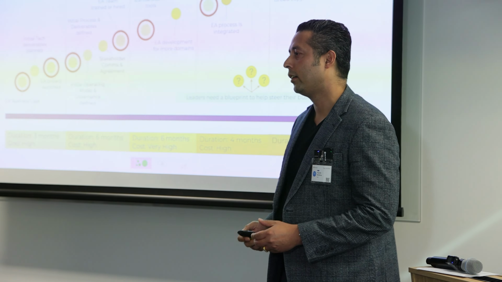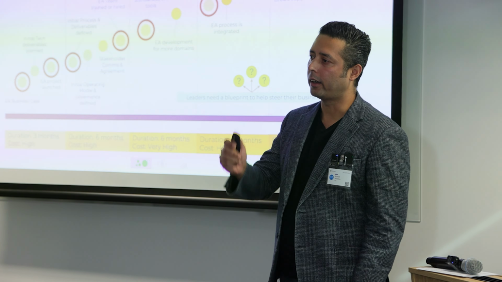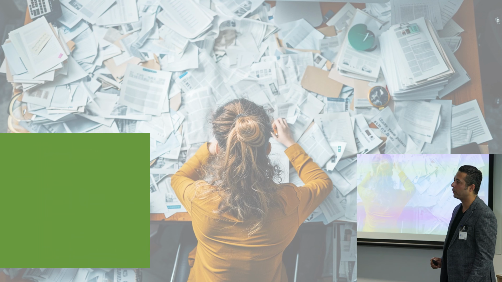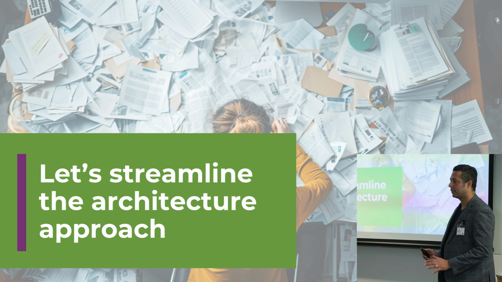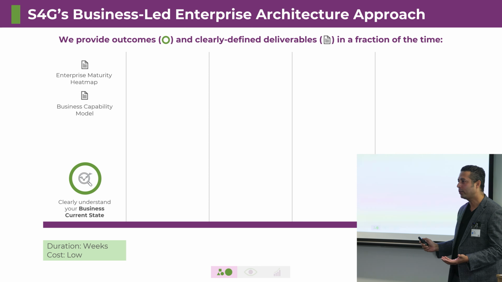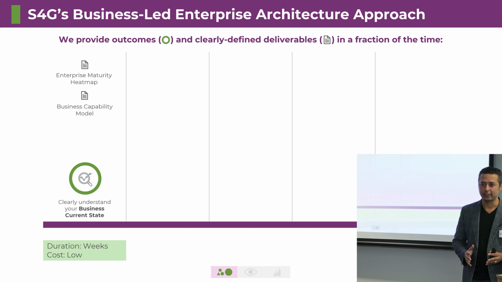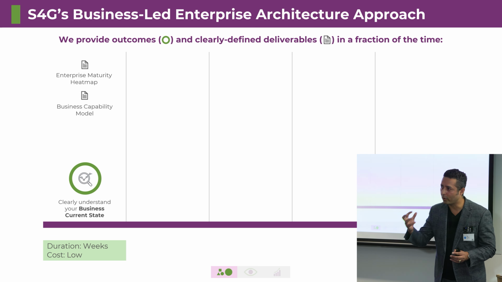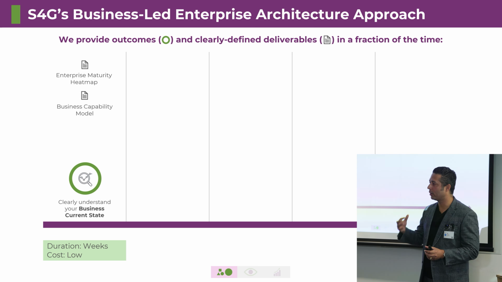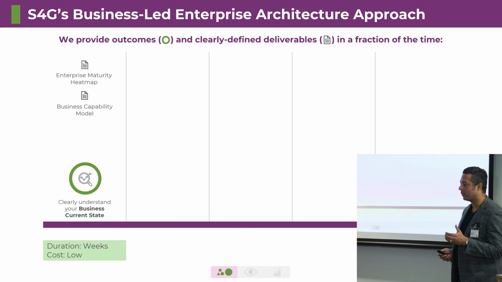So that's where we said, okay, there has to be the right way. There has to be the right approach to make it happen. And the best way to go about it is, again, go back to the basics. Use common sense, which is, let's start with the outcome. Everyone wants to see the outcome at the first instance. Everyone wants to see how they can get their value, their outcome, from their architecture work or their simplification processes at the very first stage.